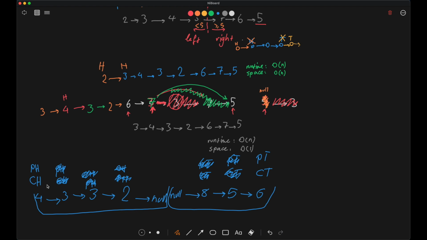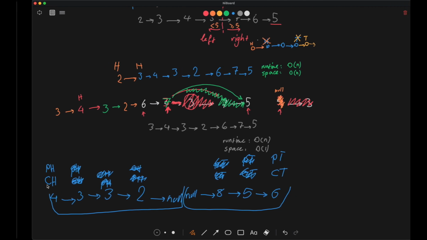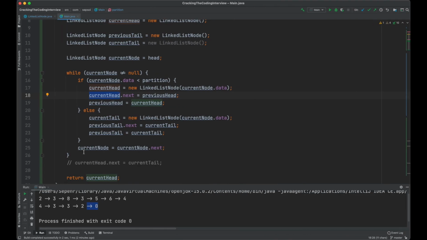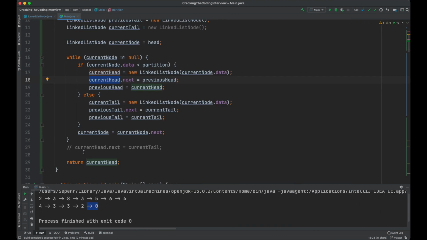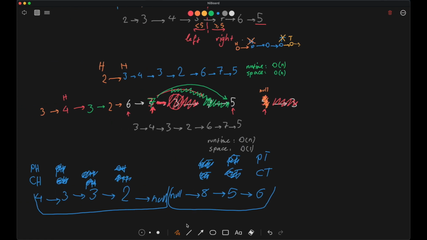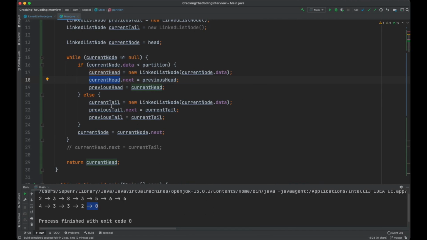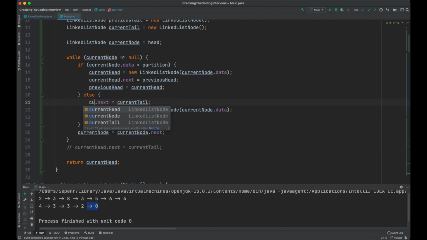So do we really need previous tail? Previous tail dot next is the current tail. Can we just say current tail dot next is